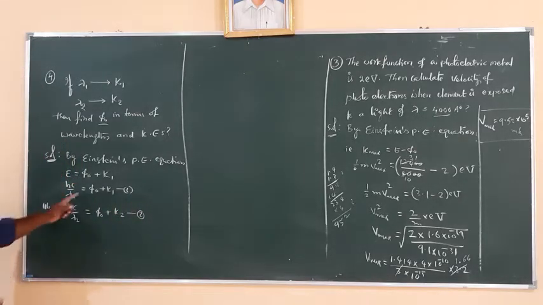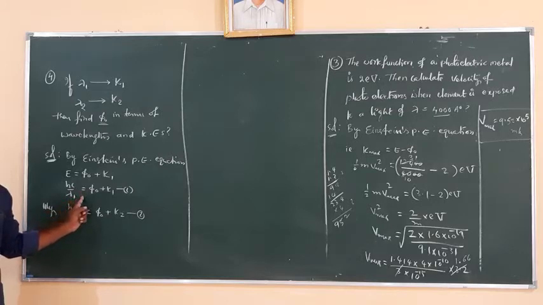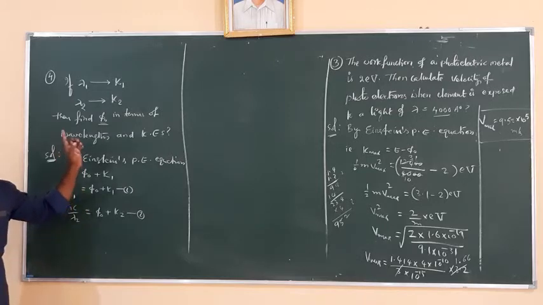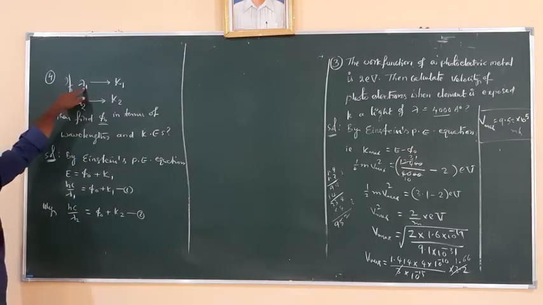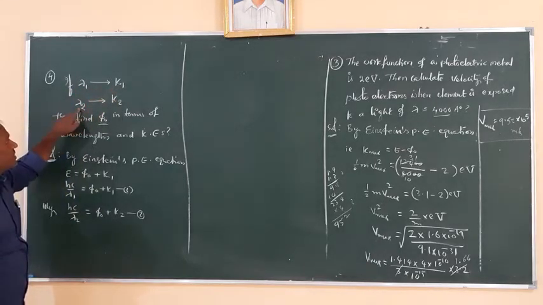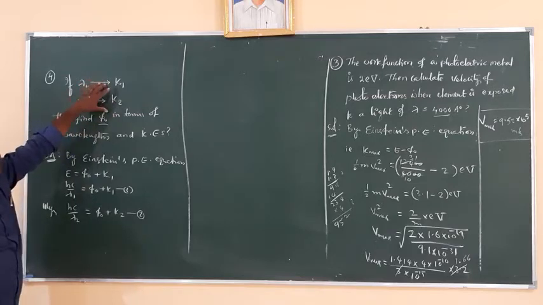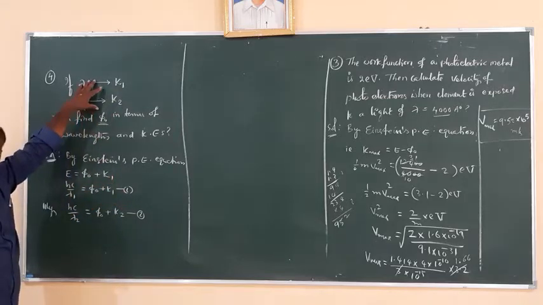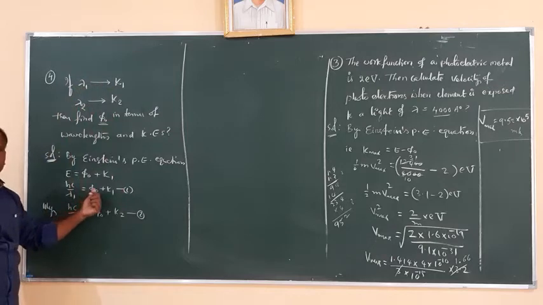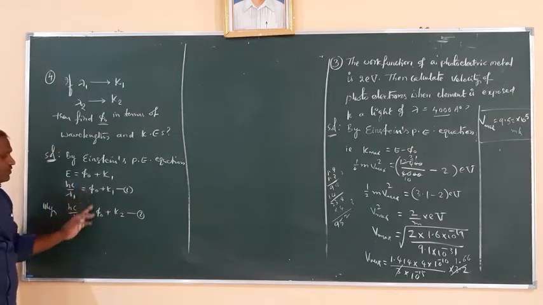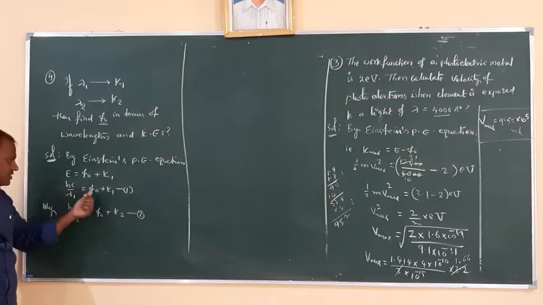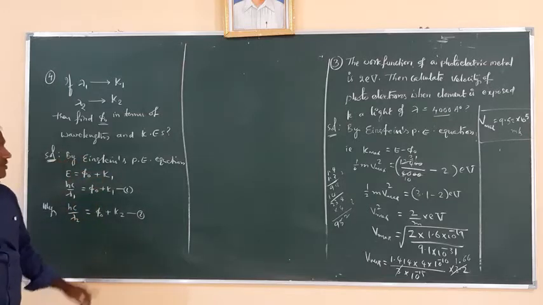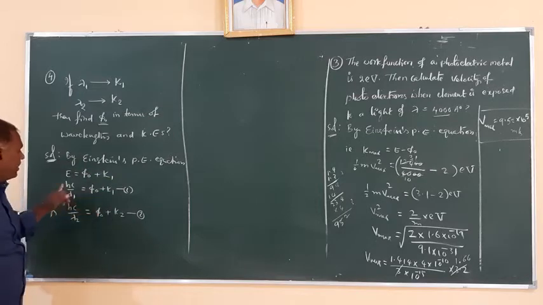This is the photoelectric equation for the data given: in the first case the wavelength is lambda 1, kinetic energy is K1. The wavelength is lambda 2, kinetic energy is K2. So in these two cases we are using Einstein's photoelectric equation and putting in the given values, and we got the two equations, 1 and 2. By using these two equations we can simplify and get the value for phi naught, that is the work function, by eliminating the constant value of hc.